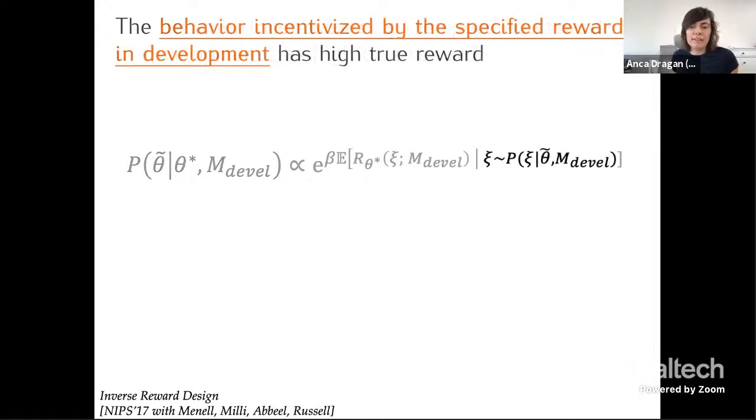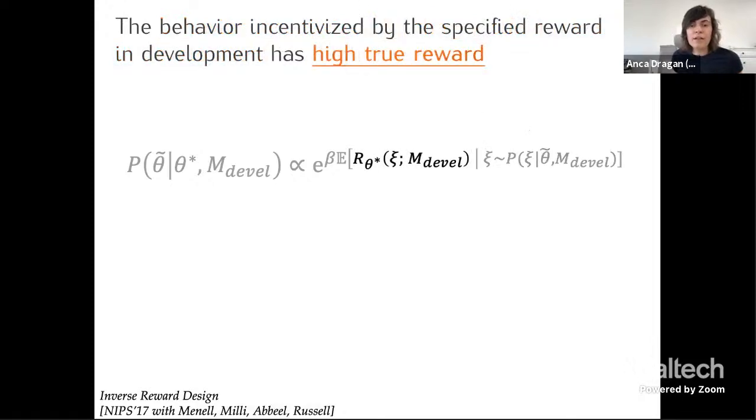And our model says that if you look at what behavior theta tilde incentivizes in that set of development environments, so if these are the approximately optimal trajectories with respect to what I specified, theta tilde, then the higher the reward of the behavior with respect to theta star, what I actually want, the more likely I am as a designer to write down theta tilde as my reward.